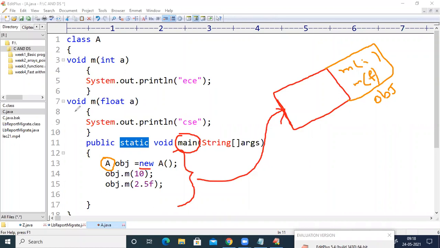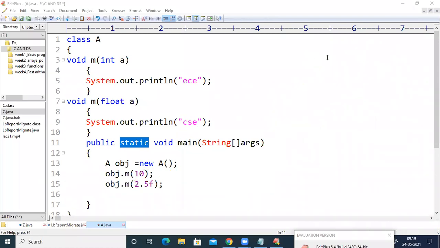We have only two non-static methods, that is void m of int a and void m of float a. So both the methods will be moved into the obj. Now after executing this line, the compiler will start executing obj.m. It will look at the method m, which takes one integer value, located in obj. So it will execute the method m of int a, and then it will execute the method m of float a. So this is what will happen inside the memory, right?